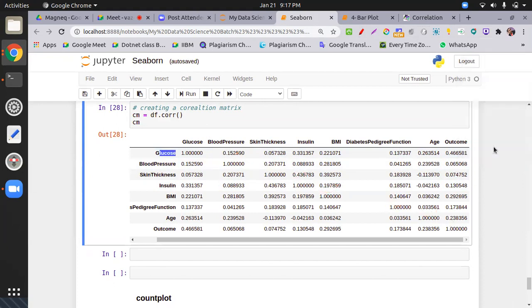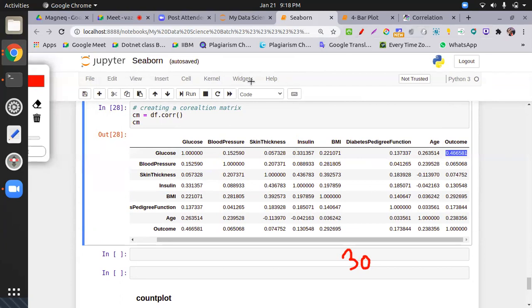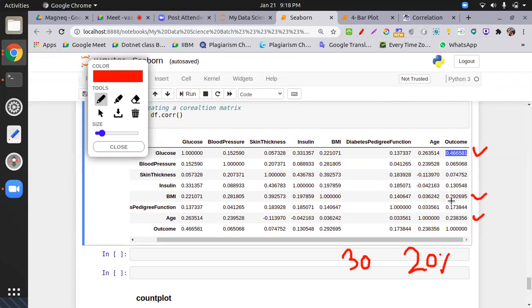So one technique in machine learning is feature selection. Feature selection says not all parameters are required to make a good model; you require two or three or four parameters to set a good model. If I set a threshold of 30%, how many columns? Only one column is getting selected, meaning good features. If I put the threshold at 20%, then one column, two columns and three columns are returned. So feature selection says you have to take the correlation matrix, then you go forward.